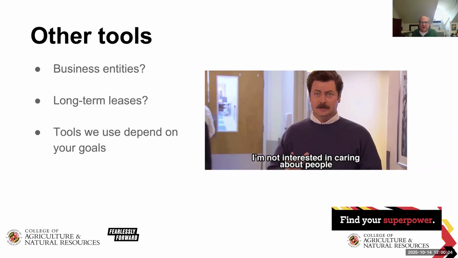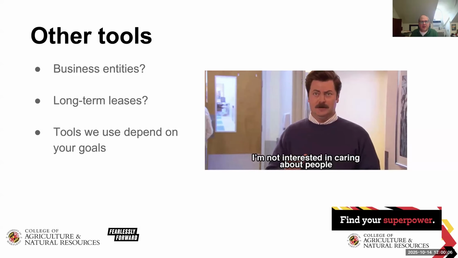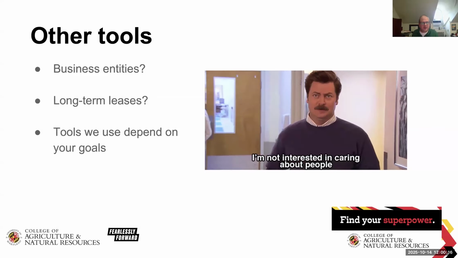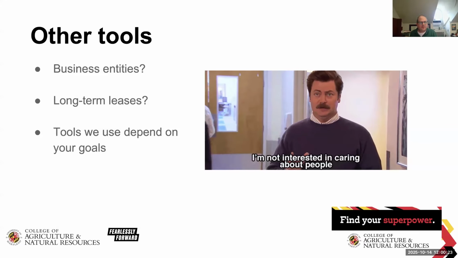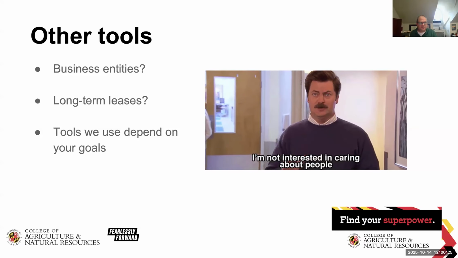We may want to have business entities where we can just pass along the ownership of the farm through the business entity to make it easier to pass it on to the next generation. We can use LLCs or corporations for that in a way, and USDA has made that a little bit easier to use to meet some of the program payment limitations that are in federal law right now.